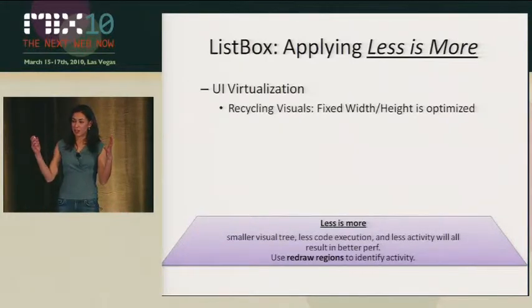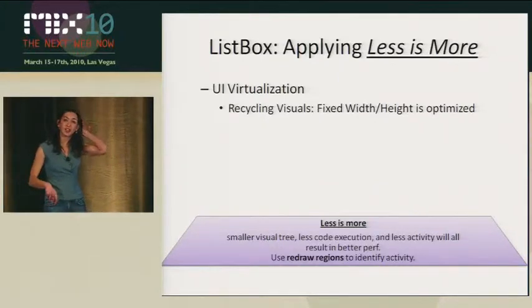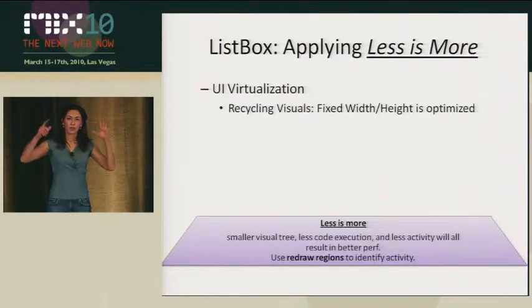The list box, the one that we saw earlier, is designed with a couple of different concepts to apply the less is more principle. The first one is UI virtualization. We introduced this in Silverlight 3, and we fixed a couple of issues that sort of cropped up on the smaller device. In the list box, there's actually a data collection of 550 items. The ones that actually have a visual tree, those 2 text blocks, the path on the side,